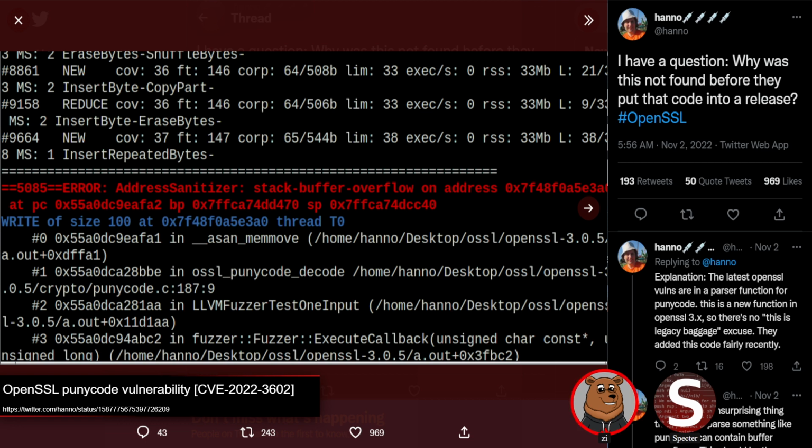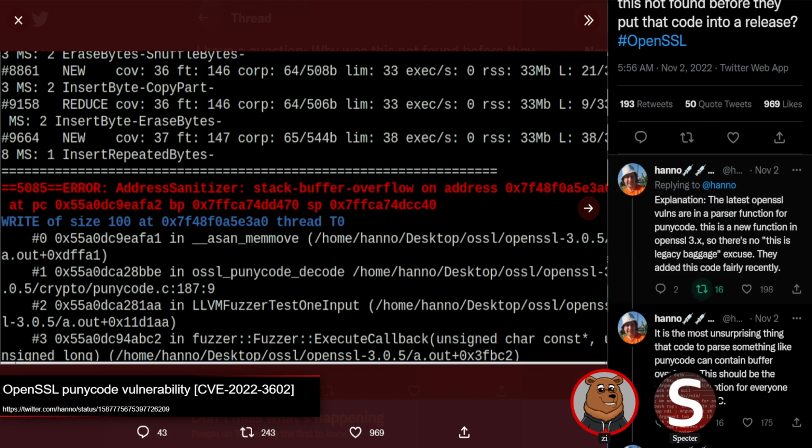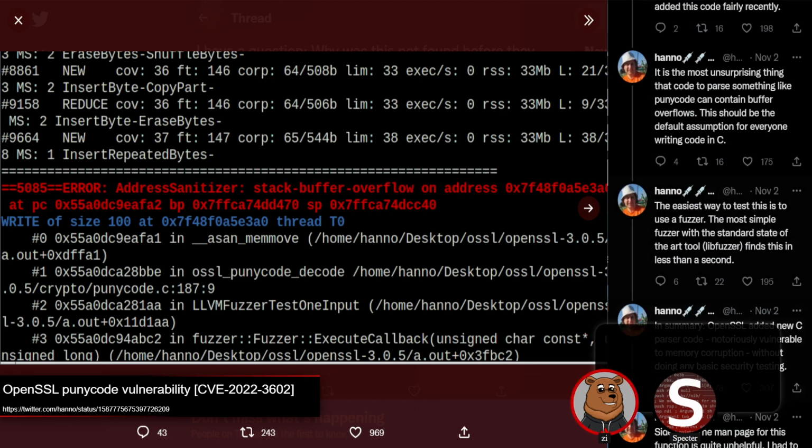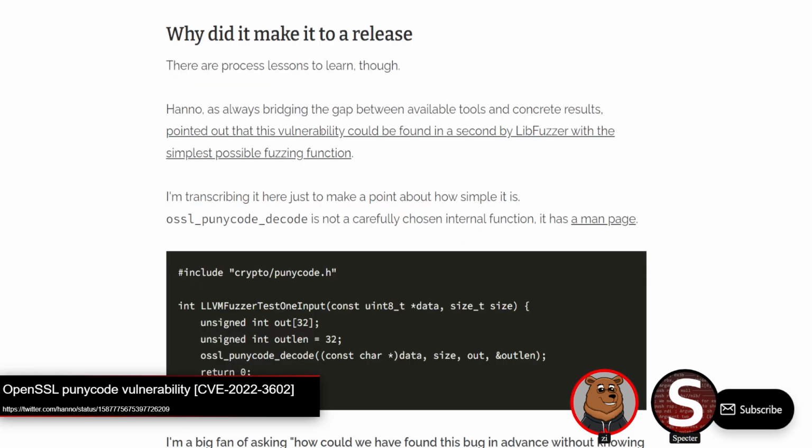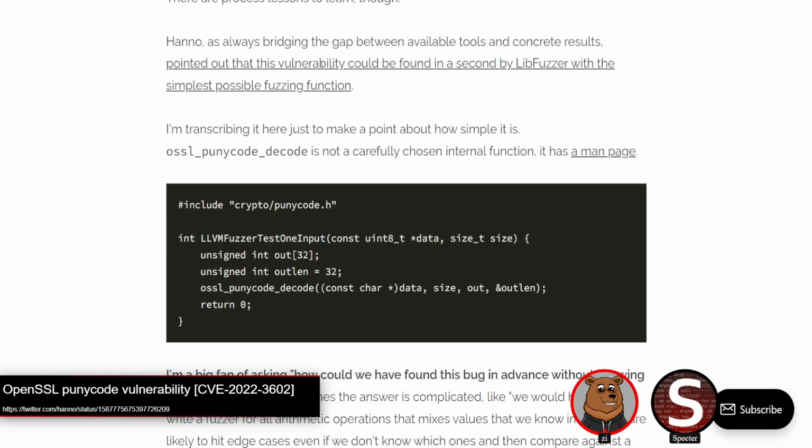How many iterations did they get here? Yeah, just under... looks like just under 10,000 iterations. Yeah, so pretty quick. Able to find it. I think they indicate that was in seconds somewhere in the chain. Either way, a fairly quick and easy to find issue with fuzzing, and there were a lot of indications that